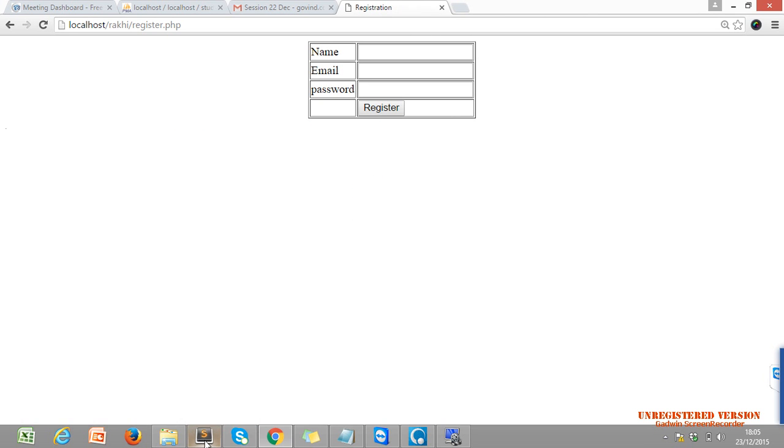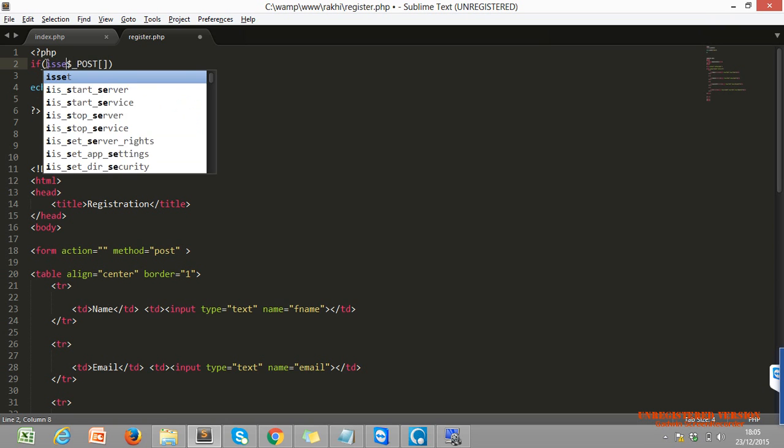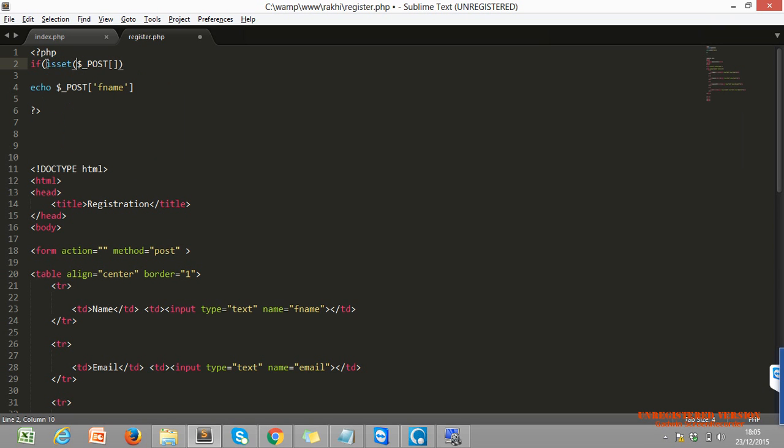So we already saw how to remove this error. If dollar underscore post, we first check our form with isset. Do you remember isset? Yes, I remember. isset just checks whether our variable is set, whether there is any value in our variable or not.